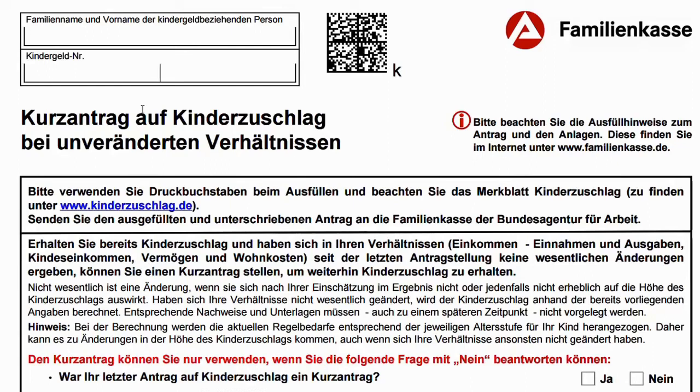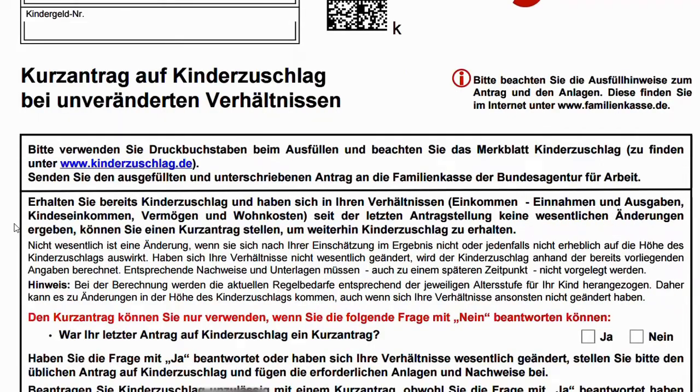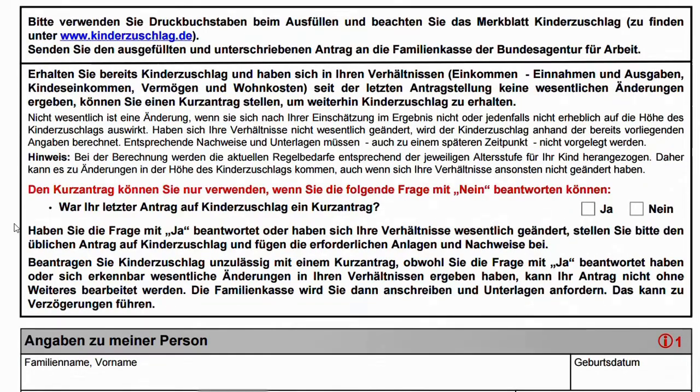Here it says short application for child allowance with unchanged conditions. Here it says that please fill in this application form with block letters, and after filling it in you should also sign it and send it to the Familienkasse of the Bundesagentur für Arbeit or the Federal Employment Agency of